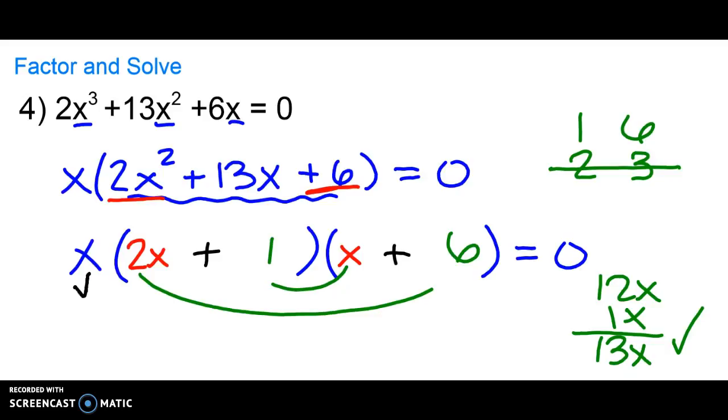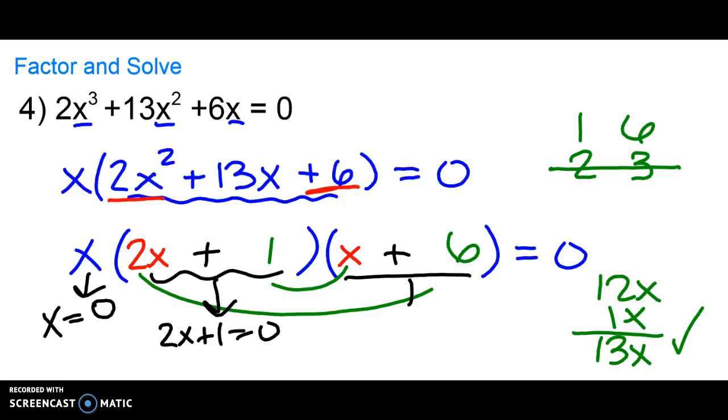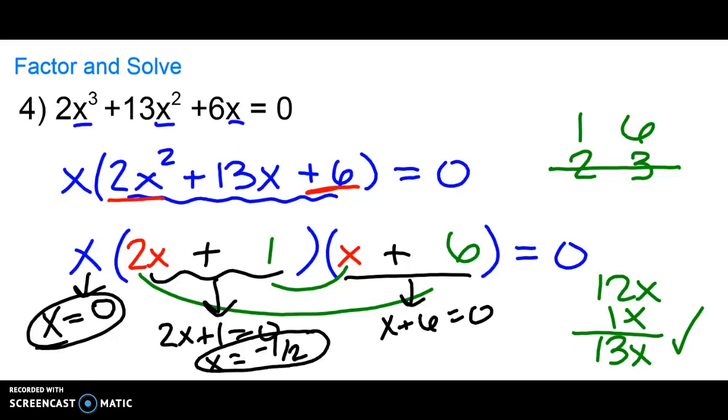So now I have 3 terms to set equal to 0 because I do have a variable out in front. And think about this. I started with a cube, so I should still have 3 answers. 2x plus 1 equals 0, and x plus 6 equals 0. So one of my answers, which is already solved, x is 0. The other one is going to be negative 1/2, so we subtract 1 and then divide by 2. And the other one is going to be negative